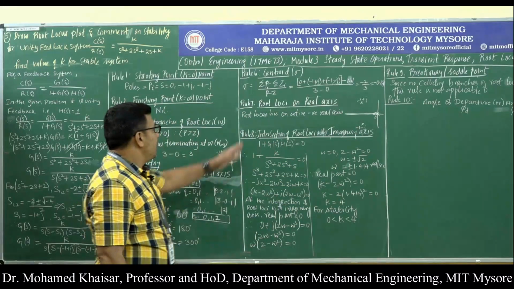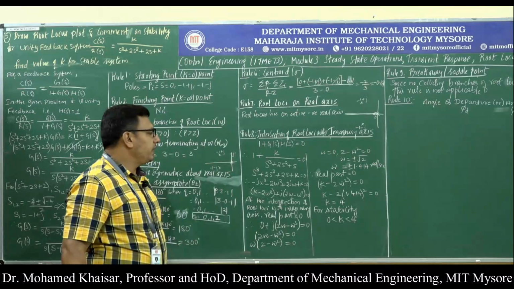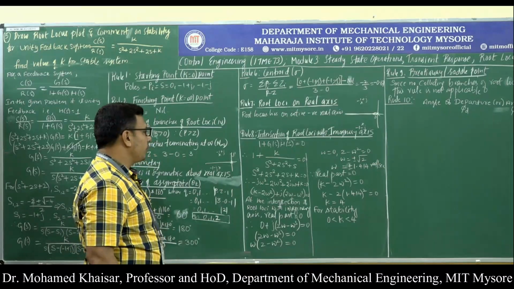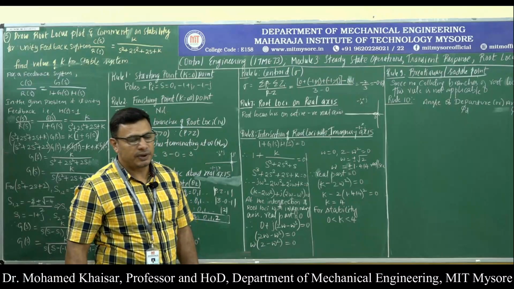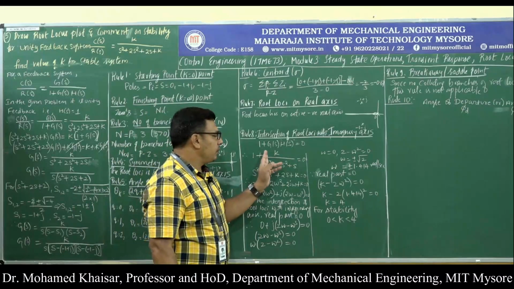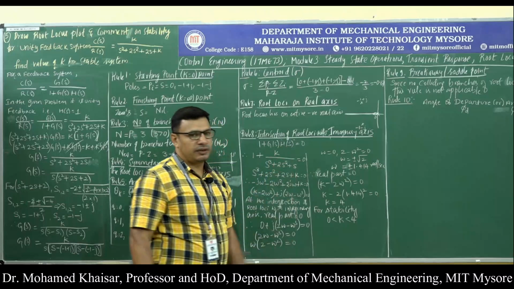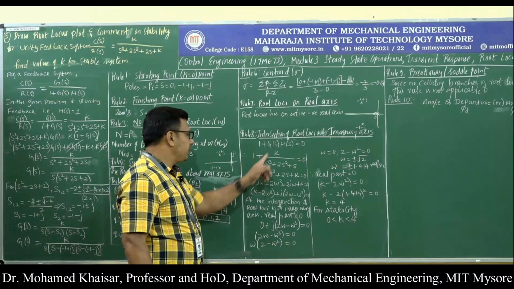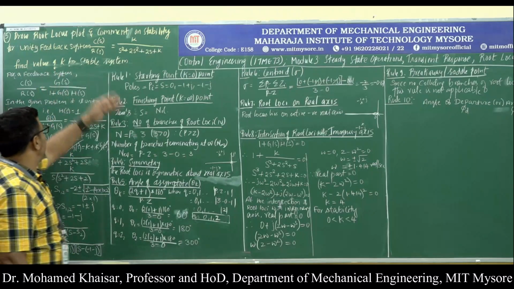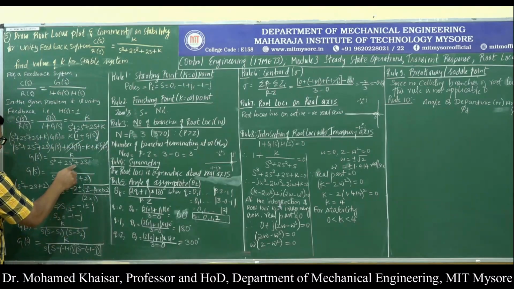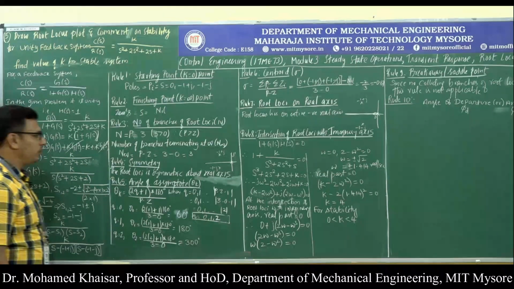Okay. Then rule number 8 is about finding the intersection point of root loci with the imaginary axis. If you recall from the previous problem, it is found by using 1 plus GSHS equal to 0. We need not write the poles as they are; we can straight away write this equation itself, (s cube plus 2s square plus 2s plus k) divided by (s cube plus 2s square plus 2s).